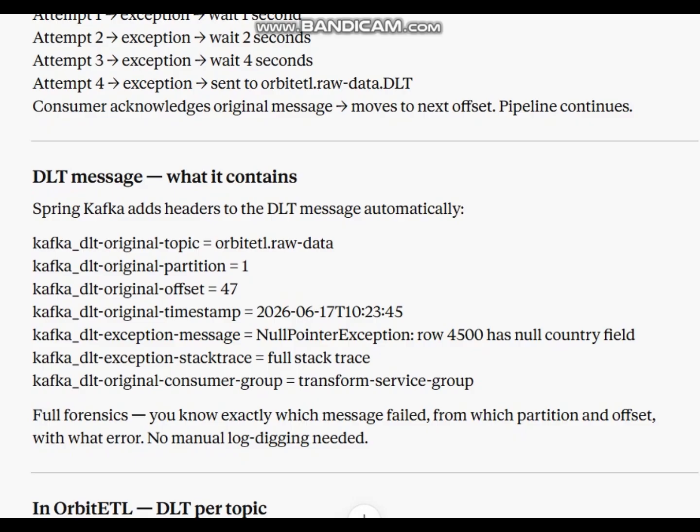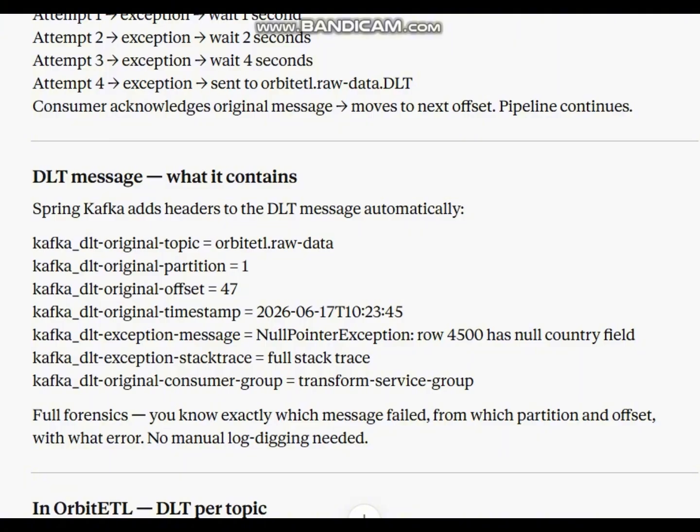Spring Kafka adds headers to the DLT message automatically. Kafka DLT original topic: orbital.rawData. Kafka DLT original partition: 1. Kafka DLT original offset: 47. Kafka DLT original timestamp: 2026-06-10 23:45.